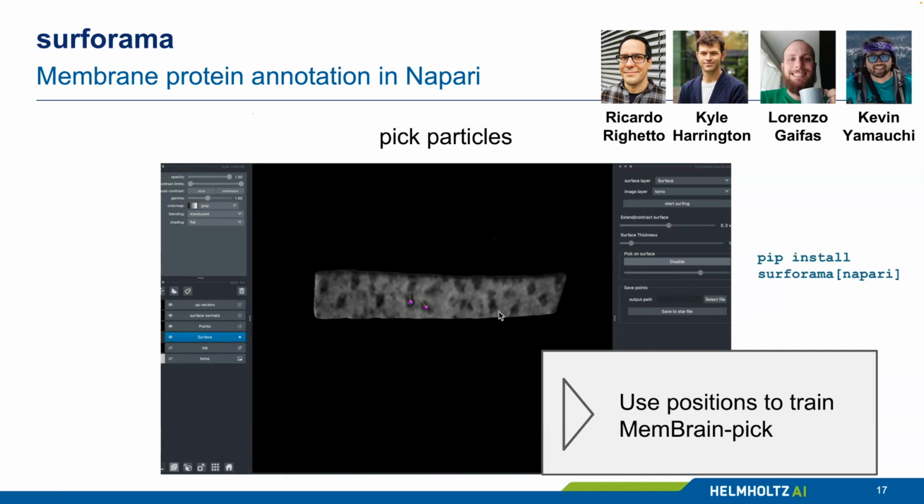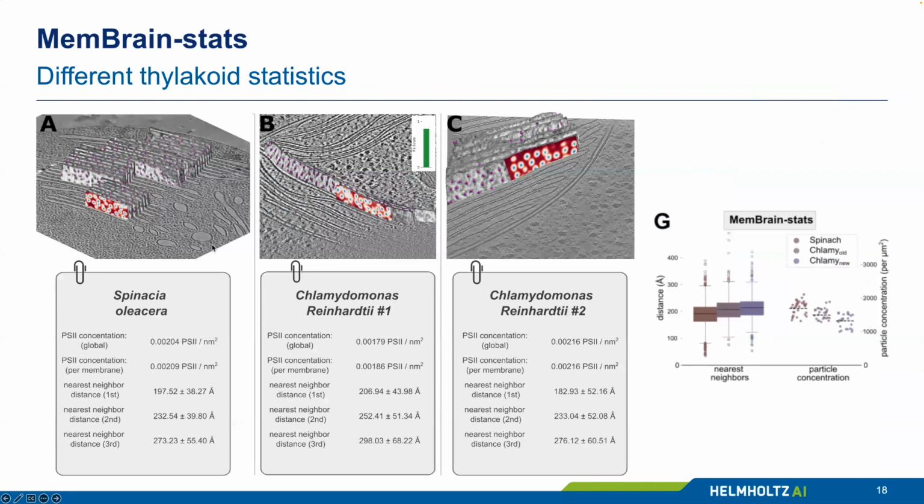Right, and once you've successfully done that, you can maybe apply the MembranePick model on your data and then feed that into MembraneStats. So that's what we tried here. In this case, we trained MembranePick just on this left data set, which is thylakoids in spinach tomograms. We tried to localize photosystem II proteins within these. And that worked really nicely. So we got a good performance on this data set. But what's really cool about this is that we could use the same model that we trained on the spinach data set and apply that on two different